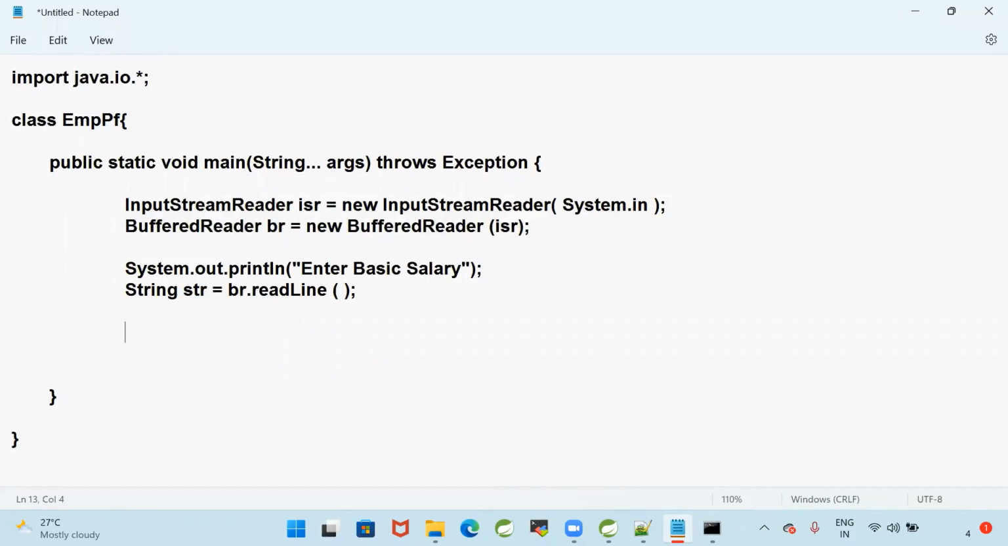Can you guys tell me how to convert the string value to the double value? What is the code I need to write to convert the string value to double value? Come on, guys. Any idea? Yes. To convert the string value to integer value, we have written the code